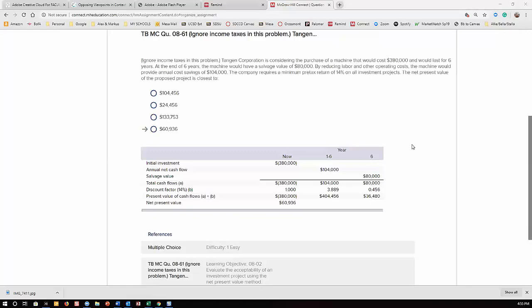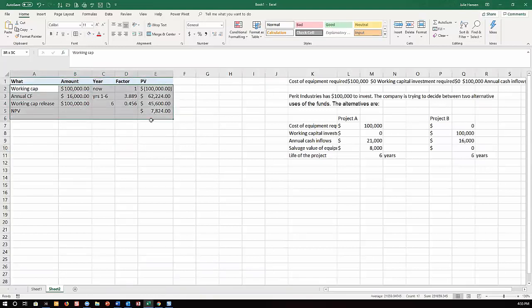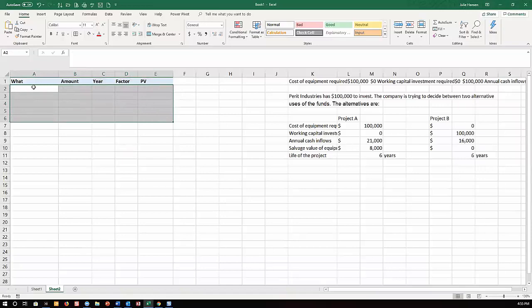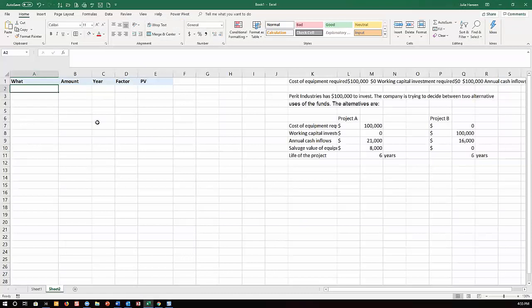So if you don't mind, I'm going to go back to my table, right? And if you guys have this on your note card, that would be really good, right? So I'm going to erase this because this is a different problem now. So what's my what? So I'm going to initial investment for 380. So this is my initial investment of